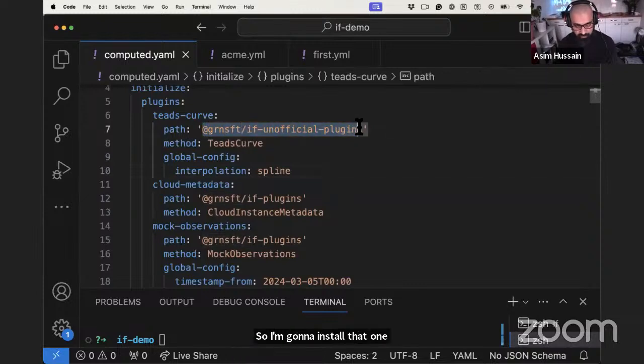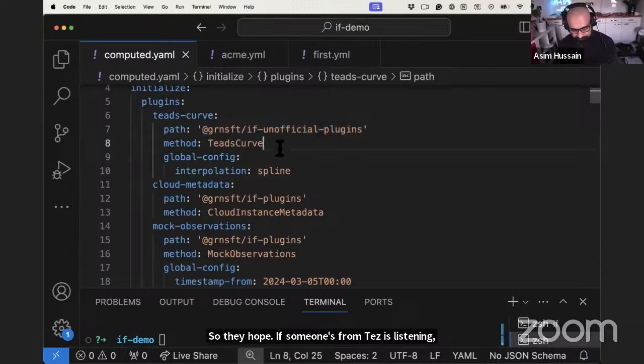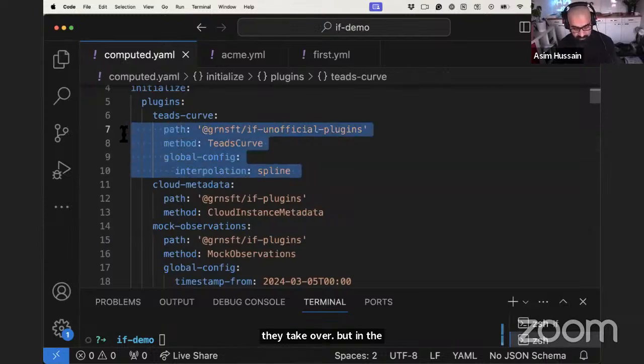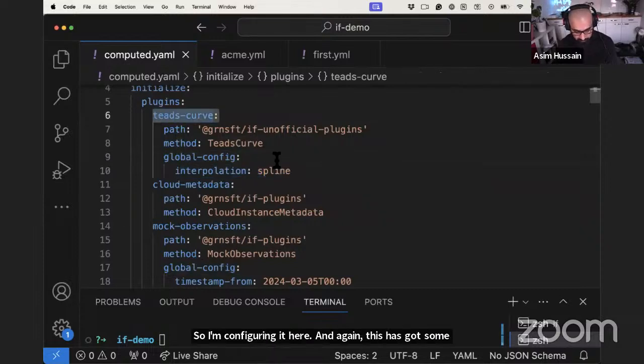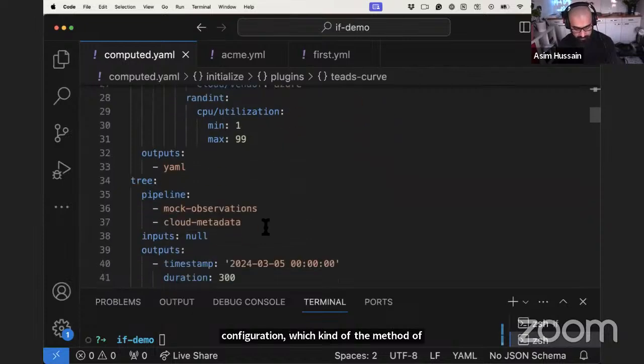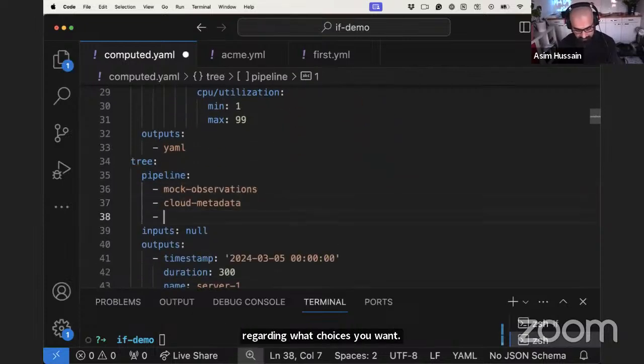For this one, it's located in something we call the unofficial plugins. These are plugins that we maintain, but Teads is an organization, so we hope if someone from Teads is listening that they take it over. But in the meantime, it's one of the plugins we actively maintain. So I'm configuring it here. It has some configuration, which is the method of interpolation. It's all in the docs regarding what choices you want. And all I have to do now is add the Teads curve plugin to the pipeline, and